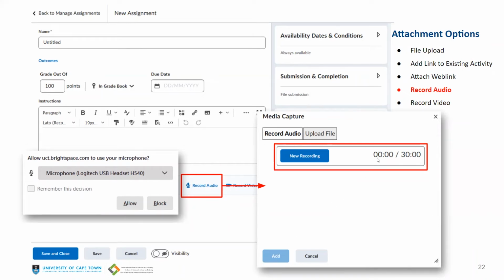So there is a 30-minute limit, but similar to the 2 gig file size restriction, I'm sure everybody knows that the more you speak, the longer your file, the larger your file size. So I'm pretty sure most people would not speak for 30 minutes as an attachment to an assignment, but the 30-minute limit is there. But this is a really nice tool to use if you want to add some audio instructions